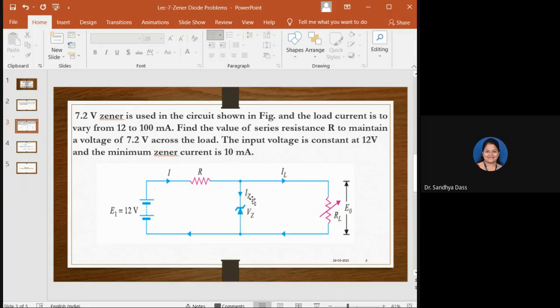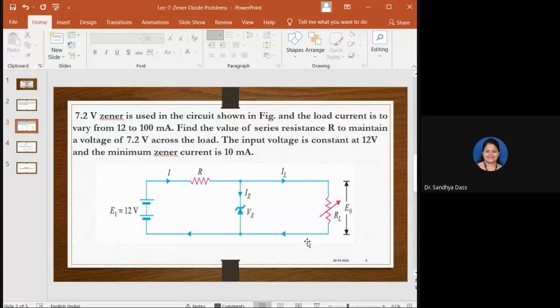So this Zener current now depends on the value of RL, isn't it? So the RL value also should be such that it is more than the minimum value, so that the Zener current will also be more than the minimum Zener current, wherein the Zener diode will be in the breakdown region. Bring to your remembrance that the Zener diode operating in the breakdown region means, in other words, it will maintain constant output across its terminals. That is point number one.